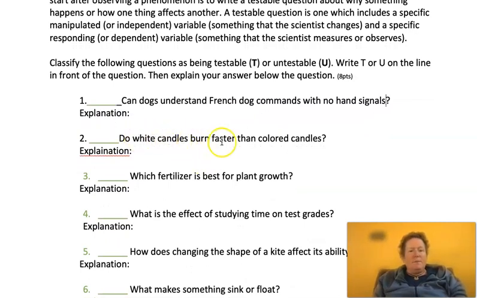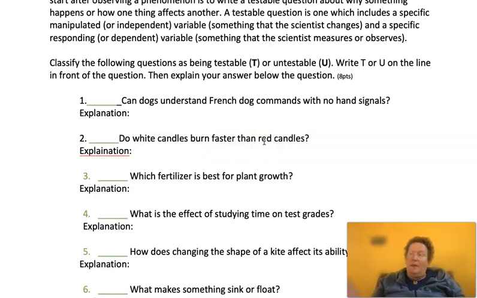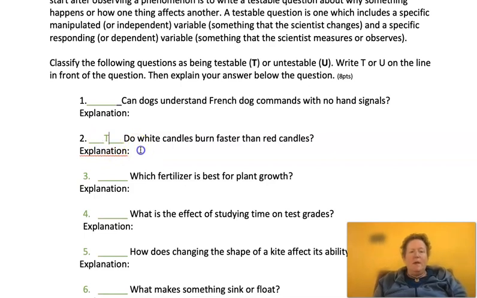Do white candles burn faster than colored candles? Well, I'm just going to make this a better question and say, do white candles burn faster than red candles? Or we could say black and red, or blue and red, or pink and blue. It doesn't really matter, but this is a testable question. I'm going to put a T here for testable because we could get groups of white candles and red candles